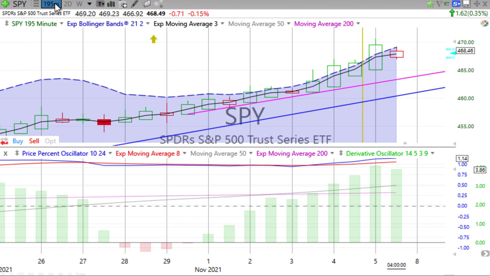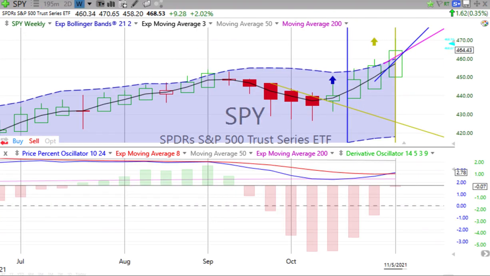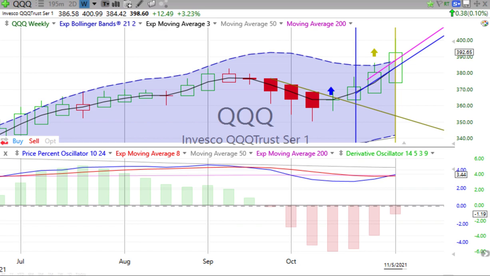We look at the half day, and again, we can see where things popped up. Lots of exuberance in the morning. Burned a little bit of that off in the afternoon. Still positive. Price percent oscillator flat. Derivative oscillator losing some momentum at the end of the day. Wow. Now, that was the S&P up 0.35. The Nasdaq up a measly 0.10%,